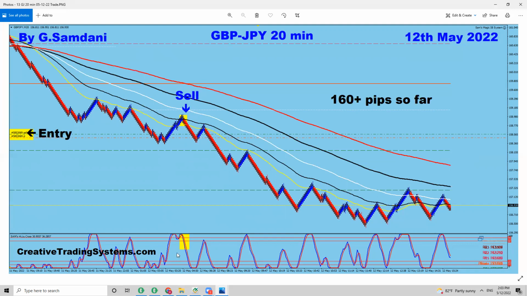My 4 conditions are: the first one is that this indicator has to be all the way up, like this one, this one, this one, this one, this one, this one, this one. Then the second condition is that the yellow line must be below the adjacent black line, which is right there. Third is that price must be making a lower high for short. Lower high, which is right there. And the fourth and final condition is that the blue candle is coming in the wave and then coming out